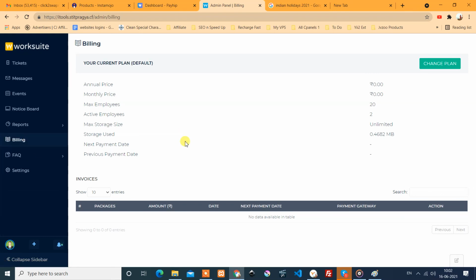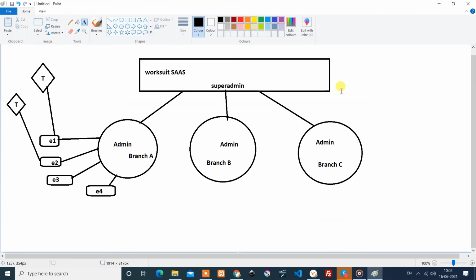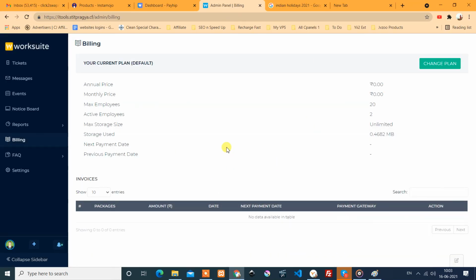This billing is from the admin to the super admin, so it gives chances to change the plan and other things. But currently we are using the default plan, because the condition here is that all this is under one unit only. If we have a third party company, then this billing concept will apply, charging the company for using this system.